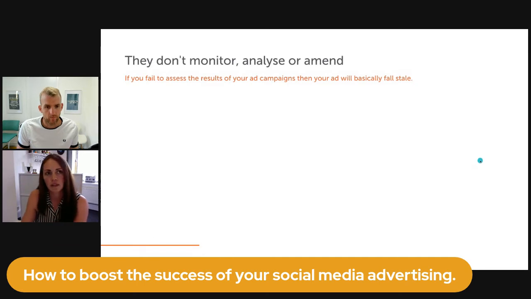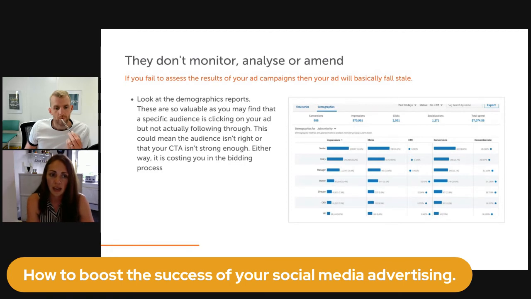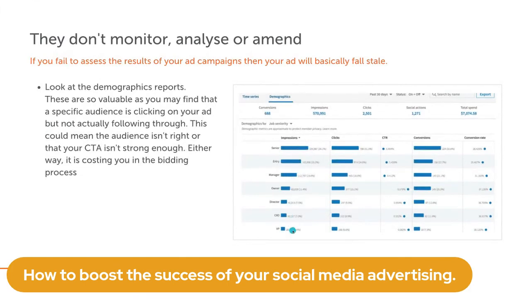But once that learning process is over, then you need to take control and be analysing what is working and what's not. The easy way to do this, they all provide a demographic report, so you can look into the real detail of who is clicking on your ad and what they are doing. It's really valuable because you can look at things like this and go, right, okay, so we know VPs are not doing anything. They're not actually clicking through. So are they the right audience? Should we take them off the targeting so that we can concentrate on getting more of these instead?